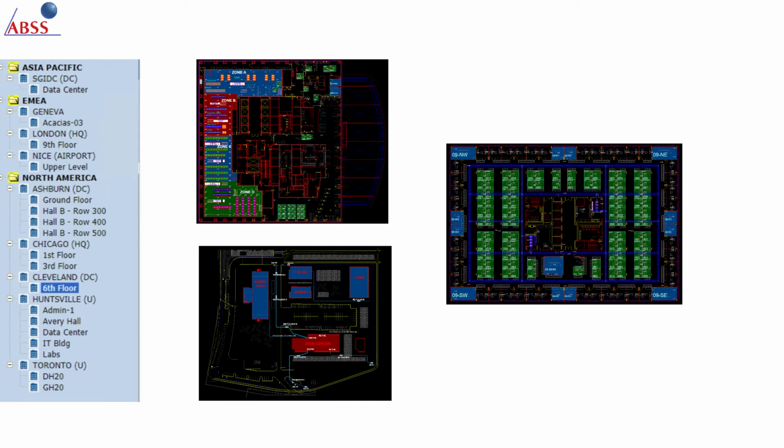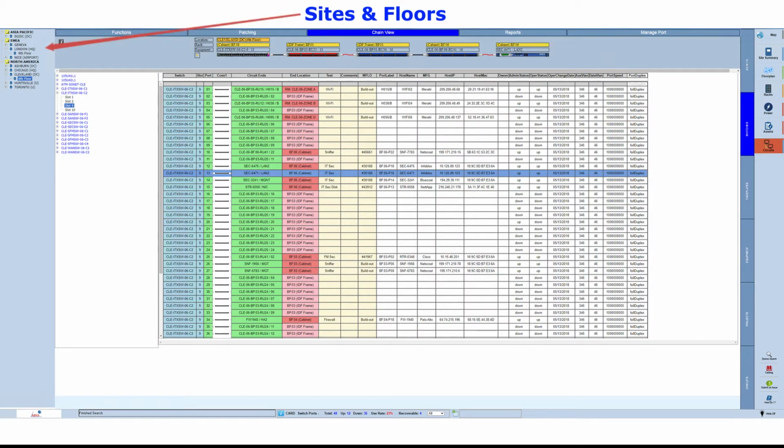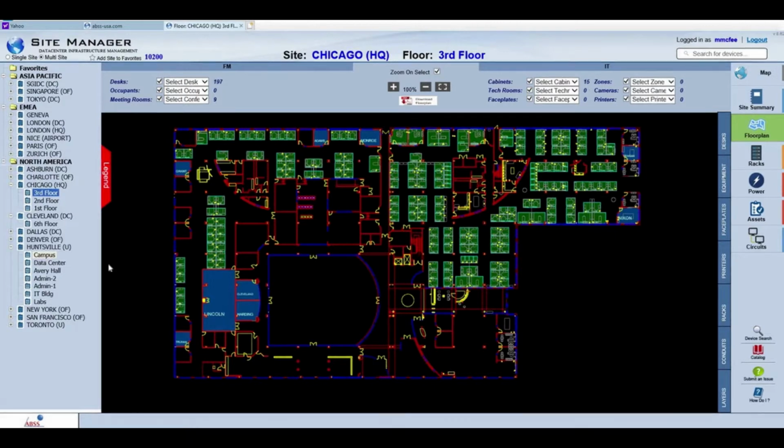The system is very easy and intuitive to use. It will look familiar to you because it was created in conjunction with real clients to solve real management issues. Therefore, if this was your database, the floor plan that you're looking at right now was created using your CAD files. There's all types of views in Site Manager, such as this floor, a campus, perhaps a college where you